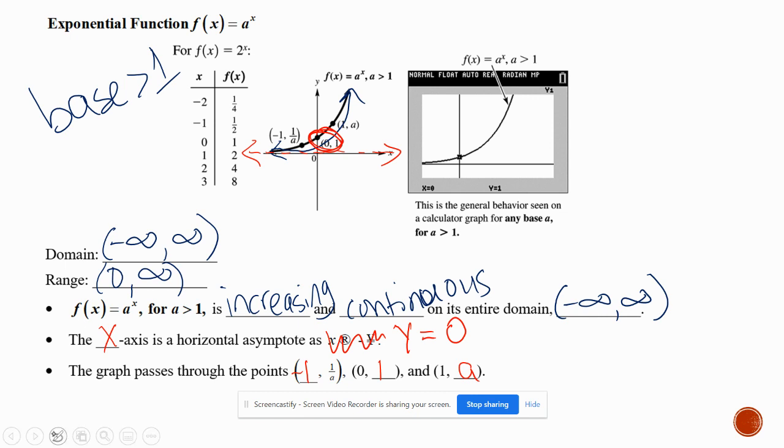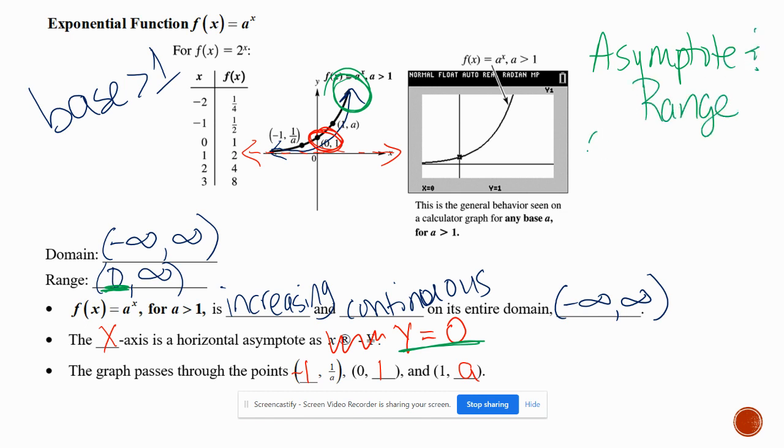Our asymptote drives part of our range, because our range will start from our asymptote and either increase if our graph is going up like this graph is. If we happen to have a transformation that reflects our graph, then it'll go from negative infinity to 0 for our parent function. The only thing that changes, the asymptote and range, are affected by